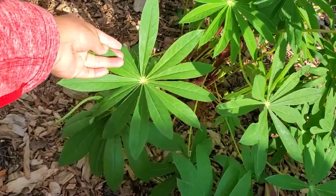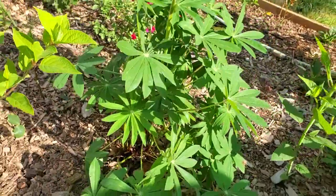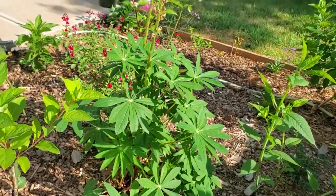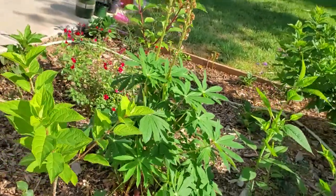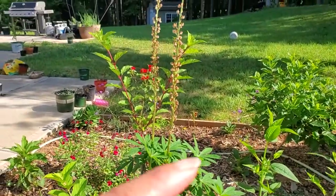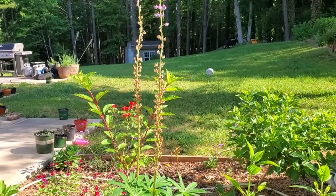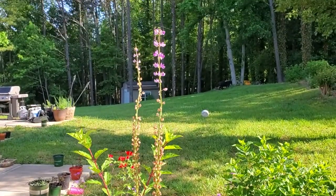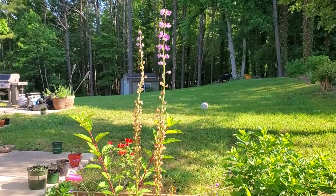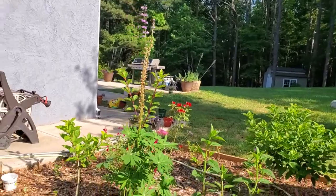But look at this massive plant, and it's been in the ground for 2 years because they're biennial, so they only flower every other year, so you kind of have to plant them consecutively so you get blooms every year. But if you look, the stalk itself is over 20 inches tall, so I would say it's about 5 feet, because look here, I am about